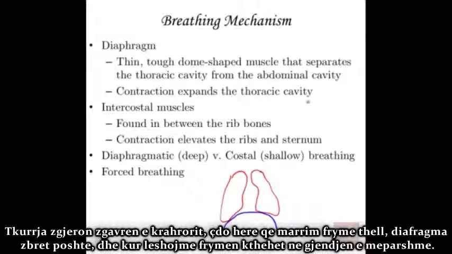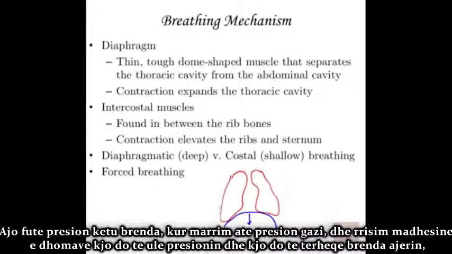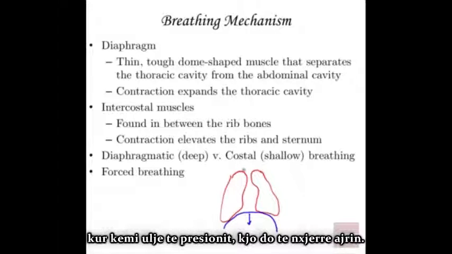Contraction expands the thoracic cavity. So think about it this way. Every time you take a deep breath, the diaphragm moves down. So imagine that my hands here are the diaphragm, when I go, the diaphragm moves down like that. And when I exhale, it moves back up. And it takes the pressure inside of here, and when you take that gas pressure and you increase the chamber size, it reduces pressure, and that draws air in. It's part of the gas laws. If you get a reduction in pressure, it's going to move air in from outside.